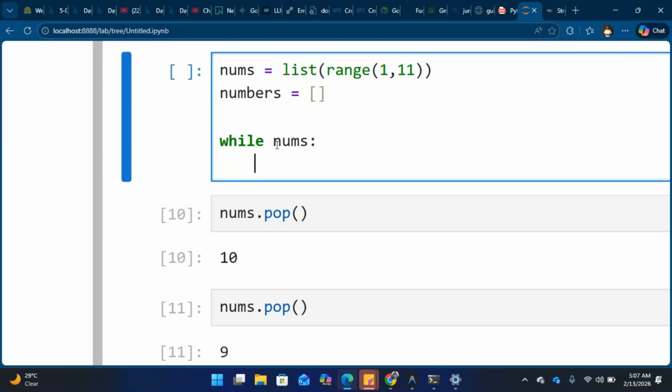Or if you want, some of you can just write while len of nums is not equal to 0. Somebody can decide to do this here, and I understand your intuition, and you are not far from the truth. If you can think of it like this, fine. Then we can come here and just use numbers